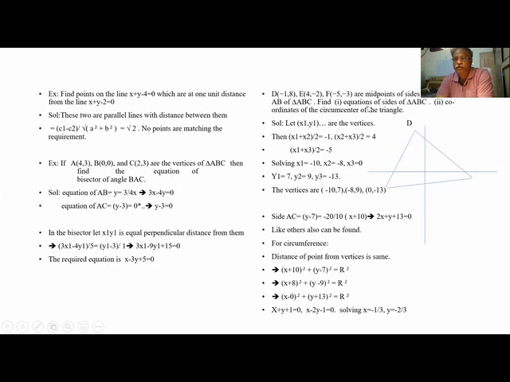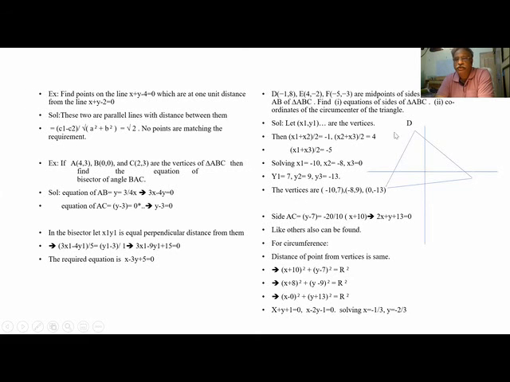Two questions. Sides of ABC. These are the midpoints. So let A, B, C be (x1, y1), (x2, y2), (x3, y3). The midpoint of AB is ((x1 + x2)/2, (y1 + y2)/2), so this is equal to minus 1. (x2 + x3)/2 is equal to 4. (x3 + x1)/2 is equal to minus 5. So I can find out x1, x2, x3. Similarly, (y1 + y2)/2 is 8, (y2 + y3)/2 is minus 2, (y3 + y1)/2 is minus 3. So I can find out y.